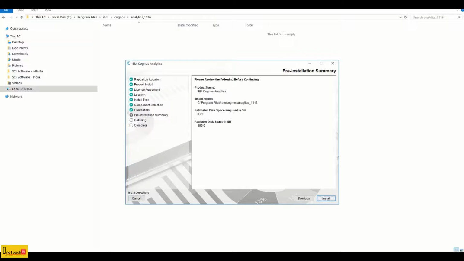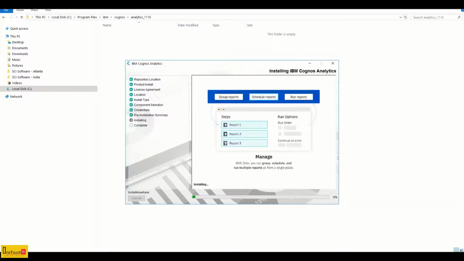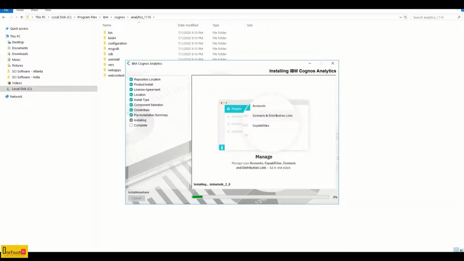As you see, IBM Cognos is heavyweight software. It's going to take 9 GB of disk space in the system, so make sure you have enough disk space. Click next. Proceed install. Now it's going to unpack all your installation prerequisite files. As you see in the back end, you can see that the files are getting installed. That means it's getting added to the Cogroot location.